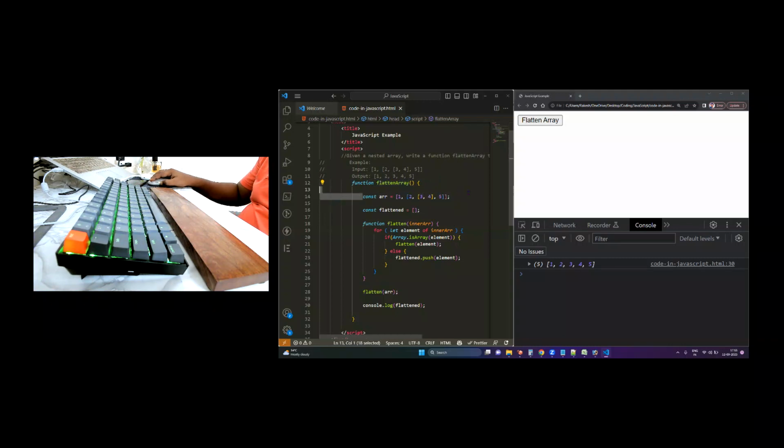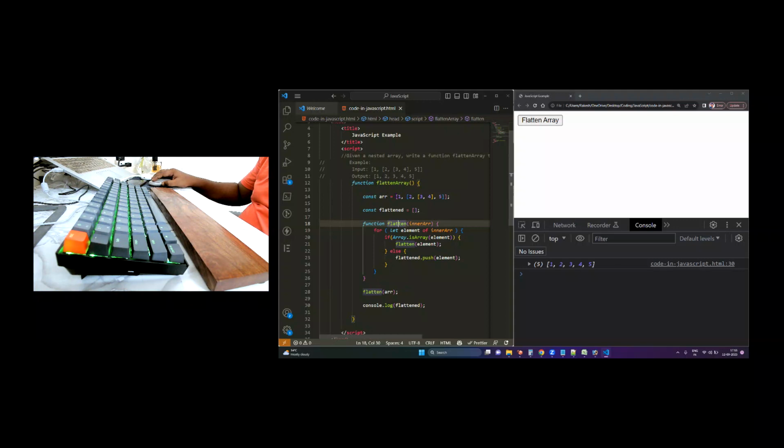Inside that we have taken one input array, and we have another flattened array where we push the values. We also have another function which is being called here,